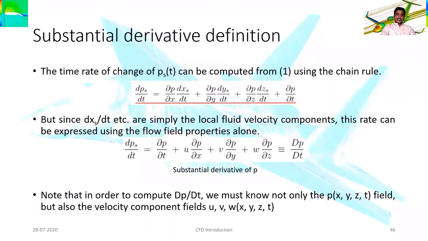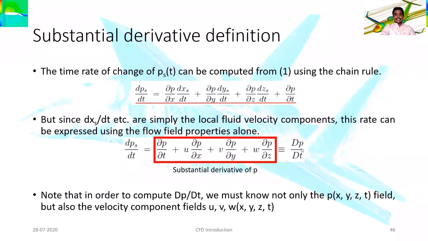u. So dx/dt has been converted to u. u ∂p/∂x plus v ∂p/∂y plus w ∂p/∂z, which is actually equivalent to the substantial derivative, that is the total derivative of p with respect to t. But here what we have to understand is that in the order of framing, ∂p/∂t plus u ∂p/∂x plus v ∂p/∂y plus w ∂p/∂z is equal to Dp/Dt.